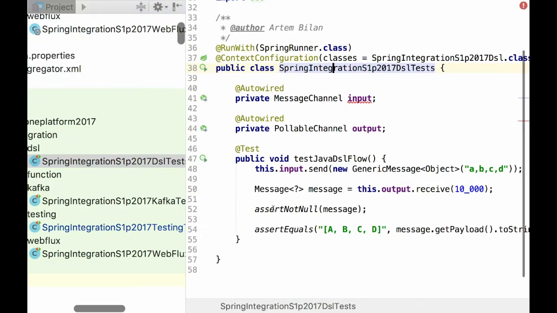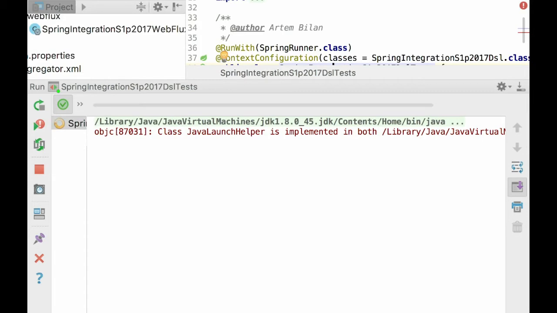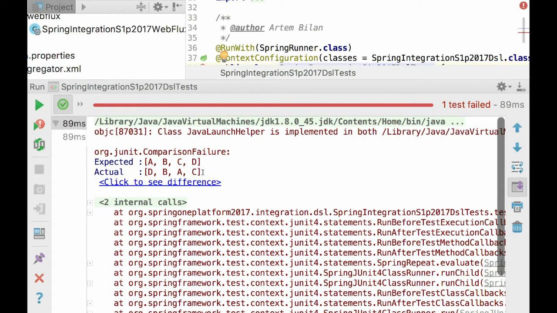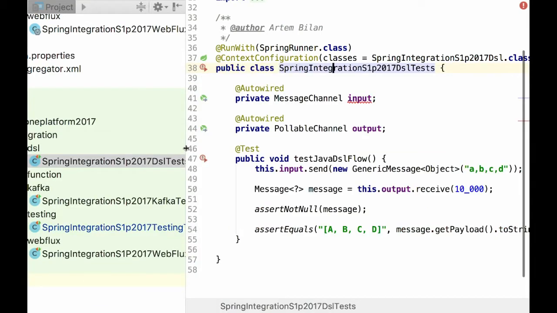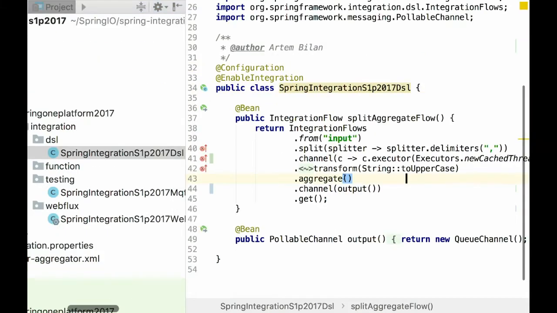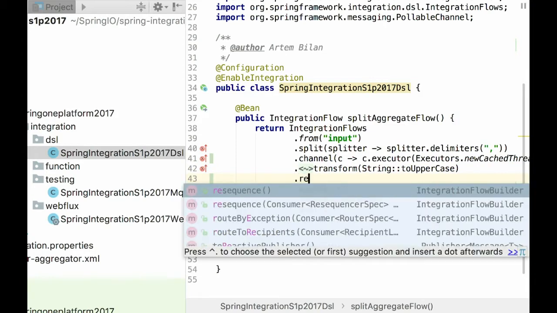When we run the test, we will see that it really doesn't give what we would like. So you see, the order is wrong. For this purpose, we pretty easily can use a sequence component.